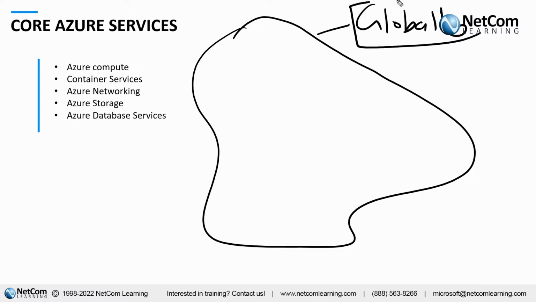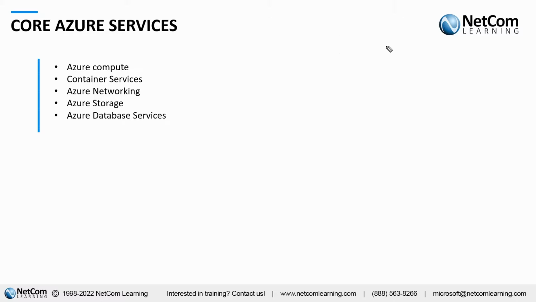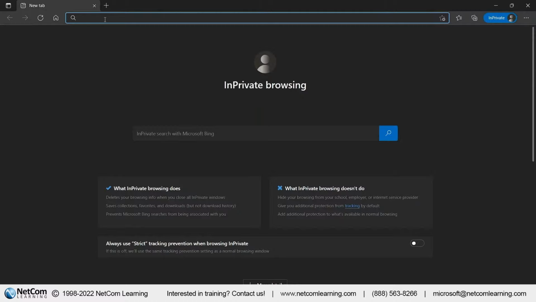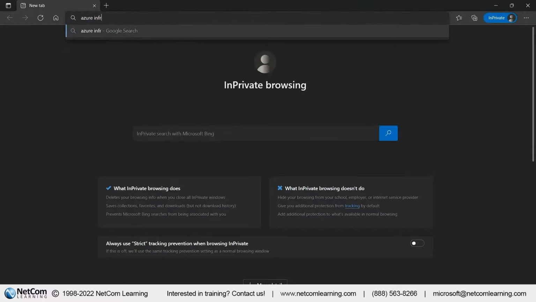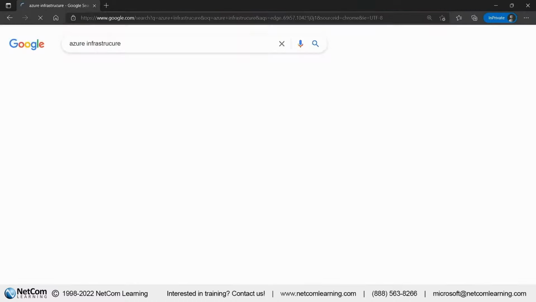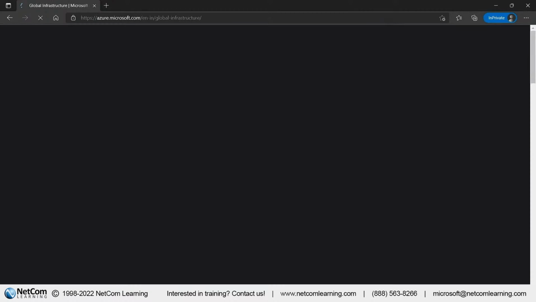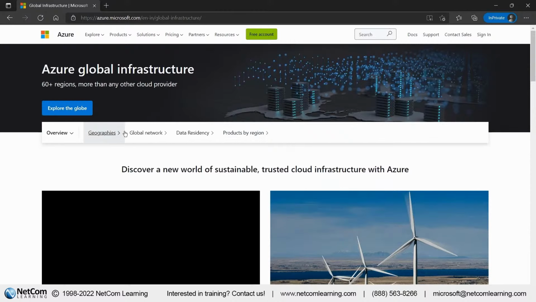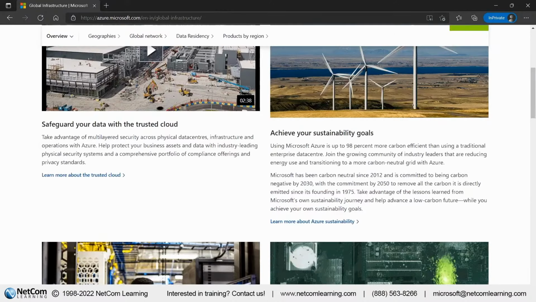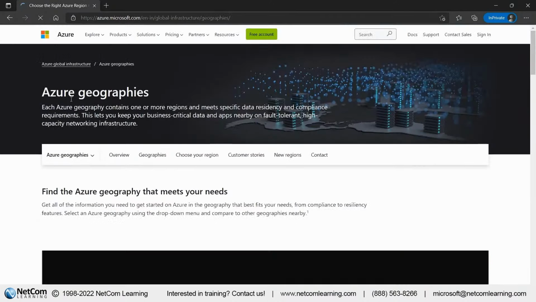Obviously, if it's globally spread, Azure will give you some opportunities to choose where you want to deploy your machine. And in order to do this, one of the things that Azure gives you, let me show you on the slide itself. If you look at Azure Infrastructure, everything in Azure is going to be about